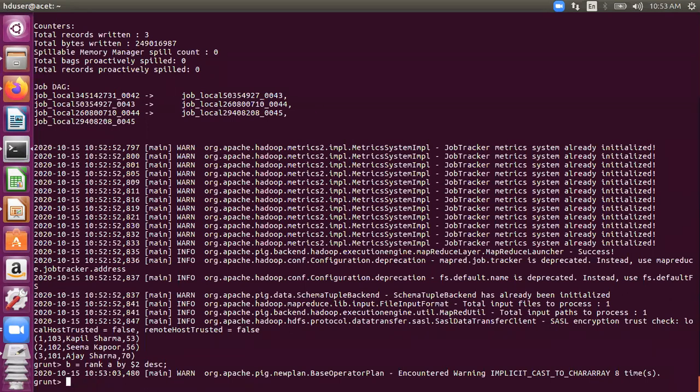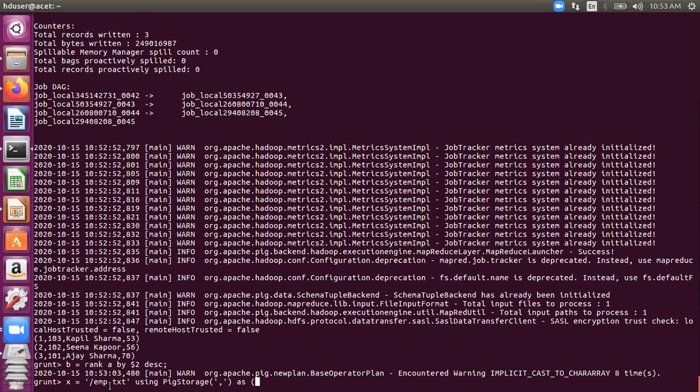So let's pick up our emp data set here so that we can understand this thing in a better way. I'm going to give it a schema also, okay?